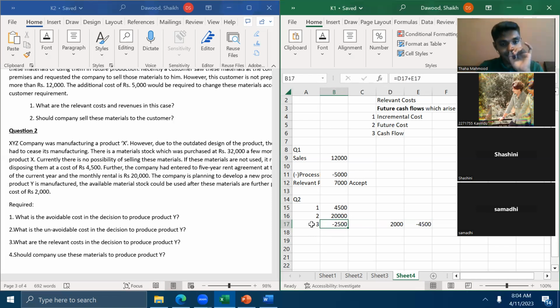Even if the manager makes the decision assuming Y will not be sold, he would be deciding to produce this product. If we consider the selling price as well, it would surely be a decision to produce Y. So the answer for question 4 would be yes, the company should produce